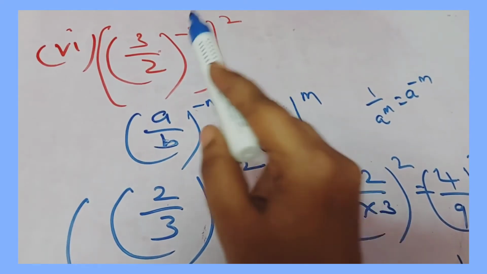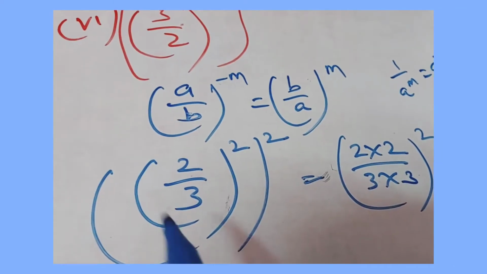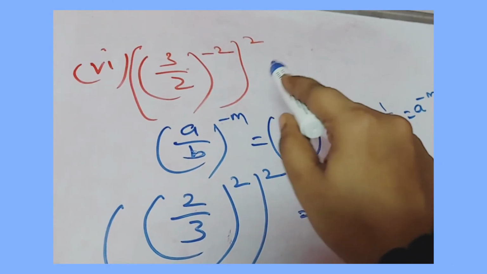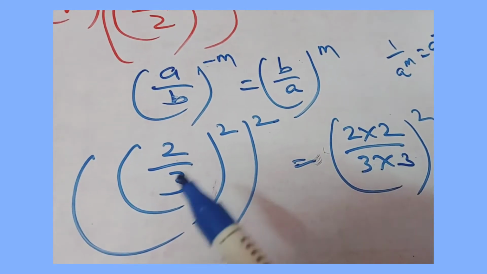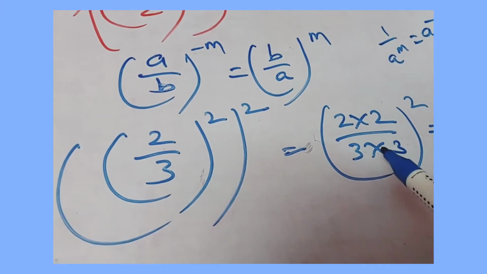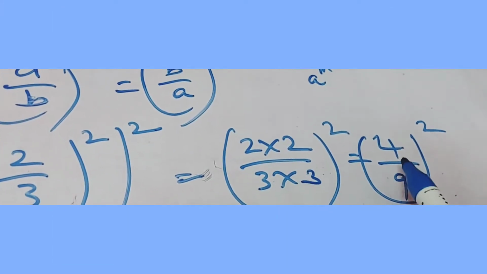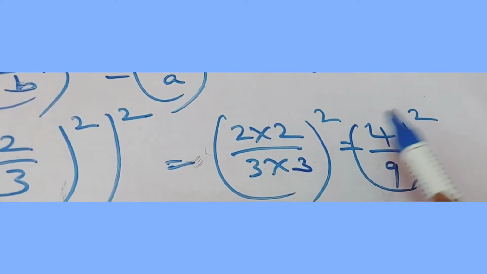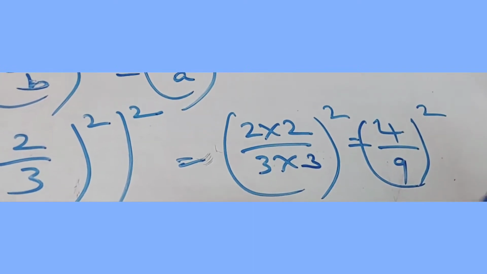Okay, you have to take out this minus. Okay, as per this identity, 2 by 3 whole square, again whole square is there, it is given in the sum. So now what you have to do, 2 into 2, 2 times you have to take 2, then 3 into 3, 2 times you have to take 3, then whole square we have to take. So now 2 2s are 4, 3 3s are 9, then square you have to take, then 4 4s are 16, 9 9s are, it is 81.